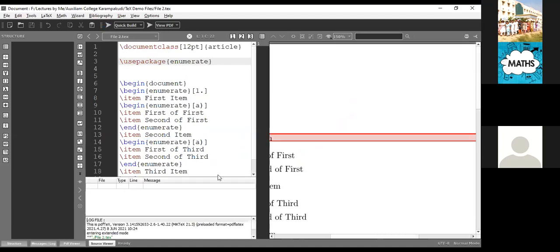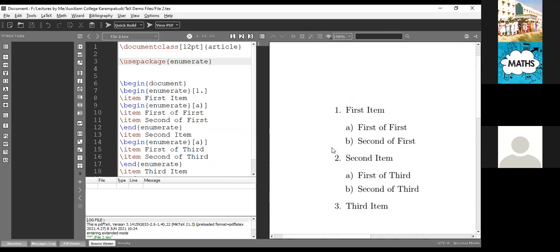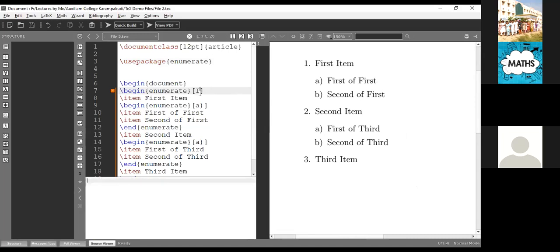Yeah, process exited. Normally there is no error. Suppose you made any mistakes, it automatically shows the error, and it also indicates the line number. So this is my output. Begin enumerate starts with 1. Suppose I am going to start with Roman letter 1. I changed only one place at the initial.